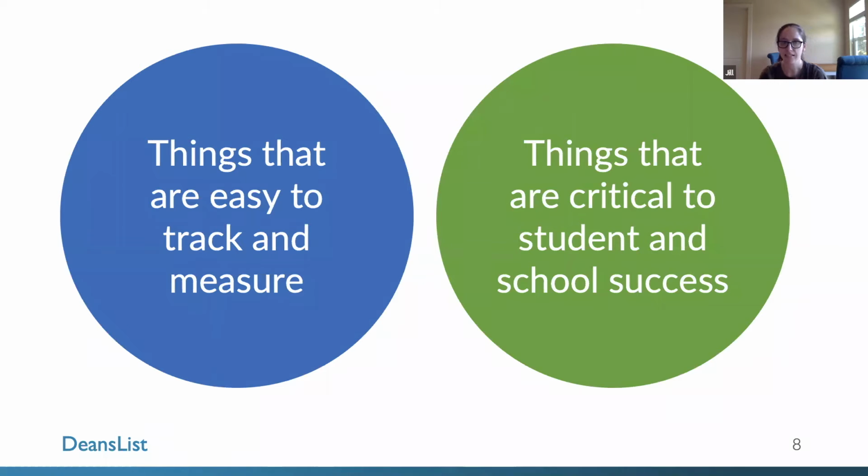And so taking that time to assess the importance of certain data is valuable because there's not always direct overlap in what gets measured and what is actually critical to student and school success. Understanding the measures that are most important to your school can really help focus the questions you're asking of your data and the kinds of data you're prioritizing for review. You may also think about things that you want to start tracking or track differently in the upcoming year.